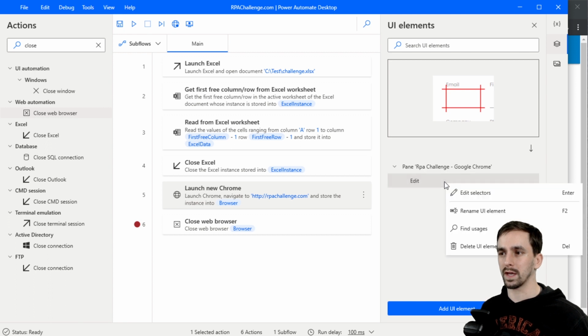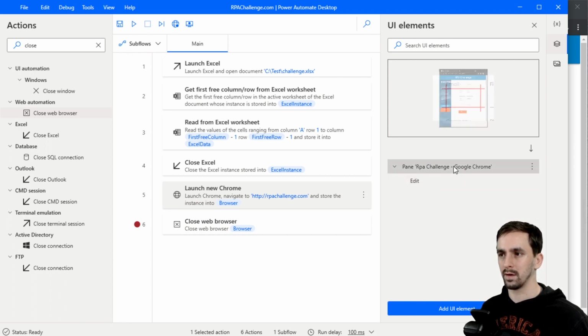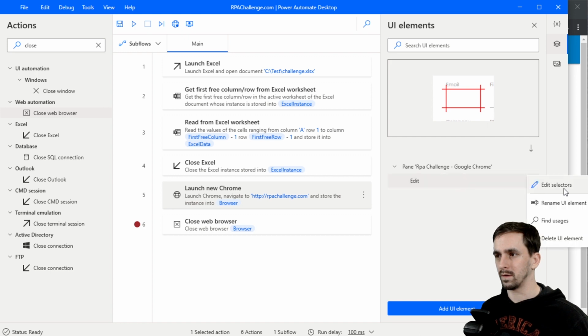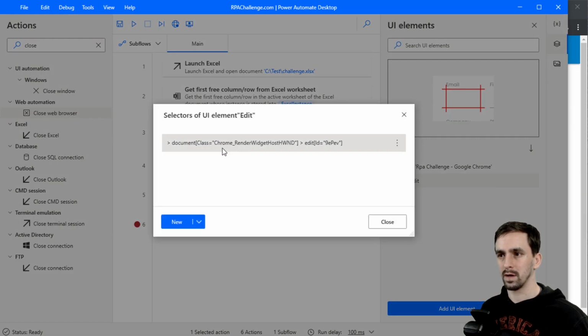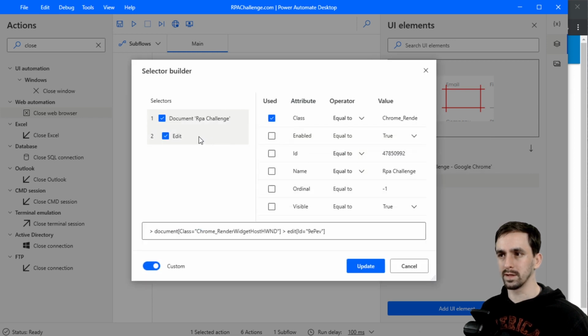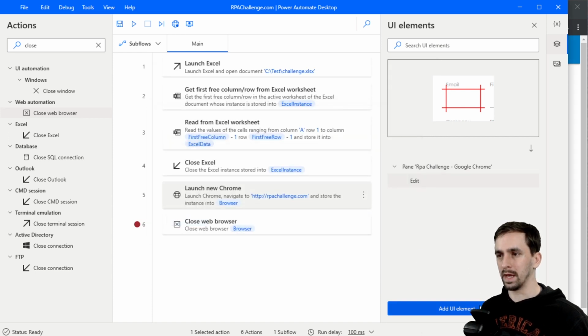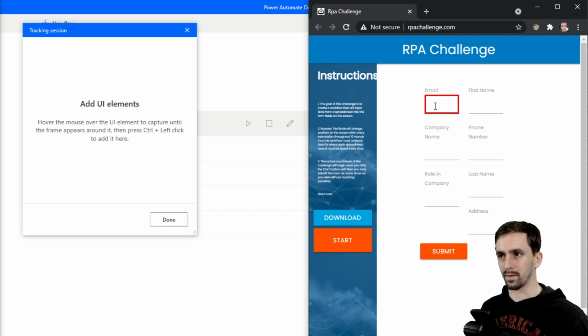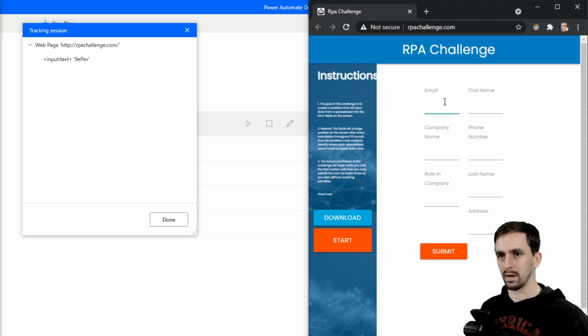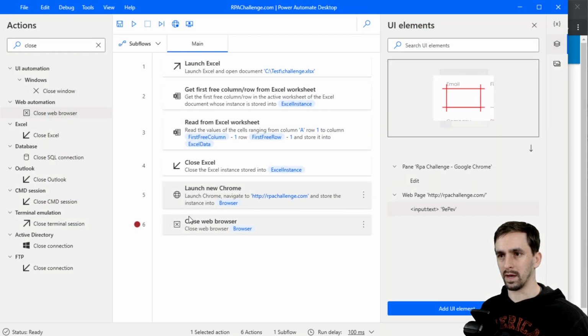I'm going to right click on this element that's underneath. Well, now is this? Edit selectors. Let's make sure. Okay, now this did not actually spy this the way that I wanted. Yeah, this looks to me like it's using UI automation mode. So let's try that one more time. I'm going to hit add UI element and I'm going to hover over this. Done. So this time it used web automation modes because you can see it split it up into two different